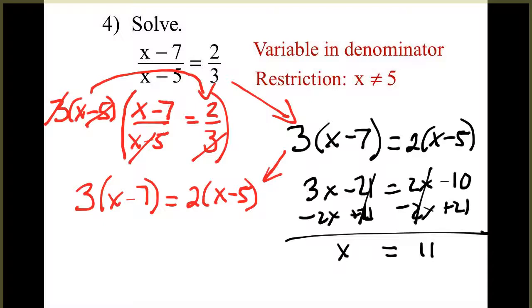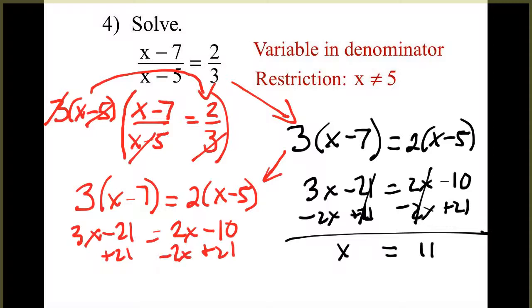And then I continue and I eventually get, you'll see they're the same: 3x minus 21 equals 2x minus 10. I'm going to add 21, subtract 2x, subtract 2x. x is equal to 11. So either way you want to do it, setting it up with cross products,